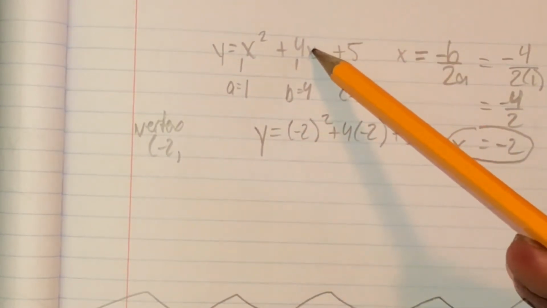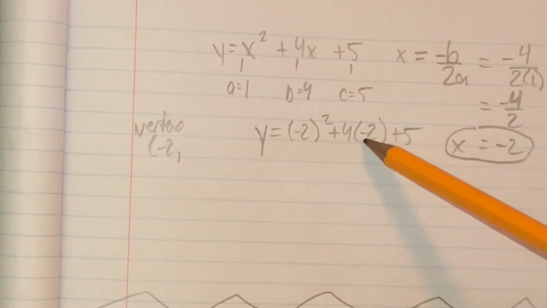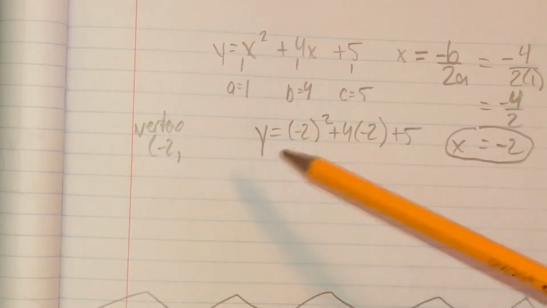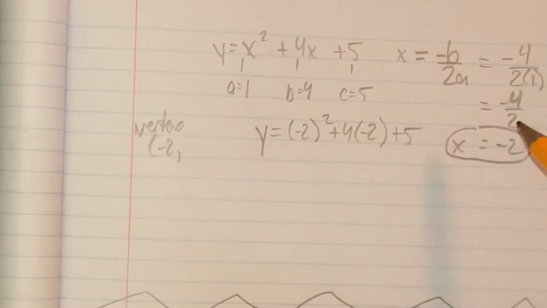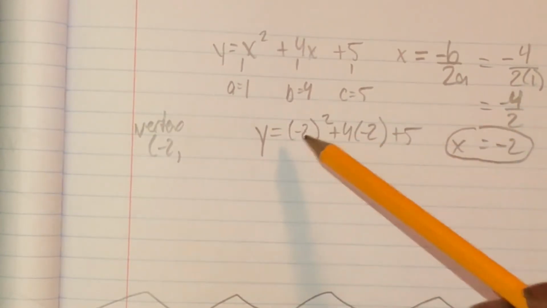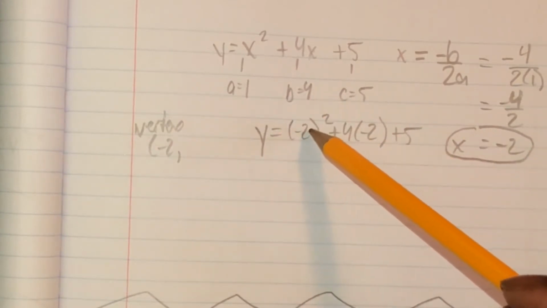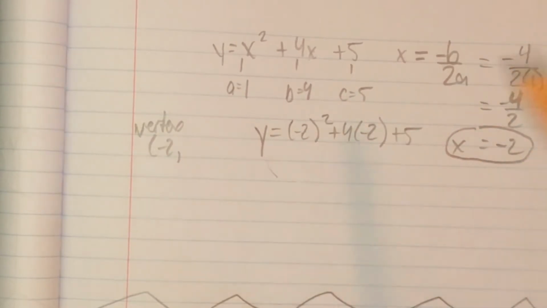When I took it out, it left a hole, and then I plugged that hole in with the negative 2 so that I can see. Also, if it's a negative, I don't want to confuse this negative with anything else. I want to let you know that x is negative 2. So negative 2 was substituted in as x, the whole thing. So I'm not just squaring the 2, I'm squaring negative 2. All right? Negative 2 squared,